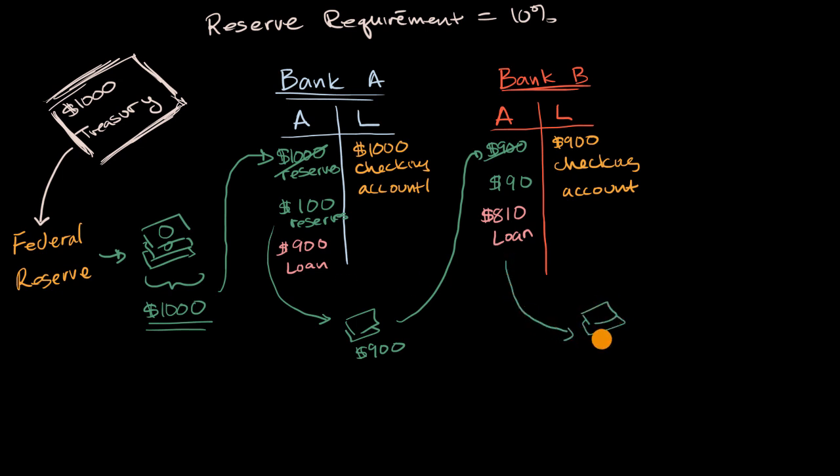So now we have $810, which can then be deposited in another bank, Bank C. They can lend out 90% of that, and that process keeps going on and on and on. So an interesting question is, given this infusion of $1,000 and given this reserve requirement, how much total money has